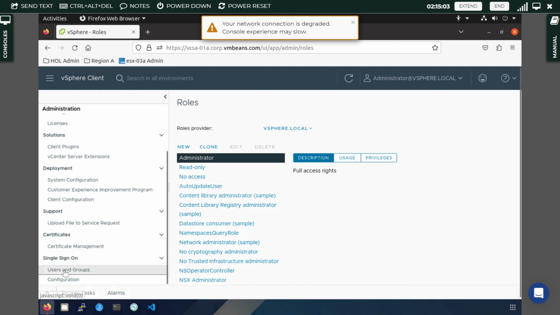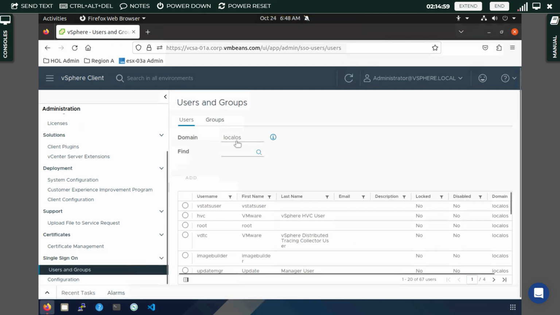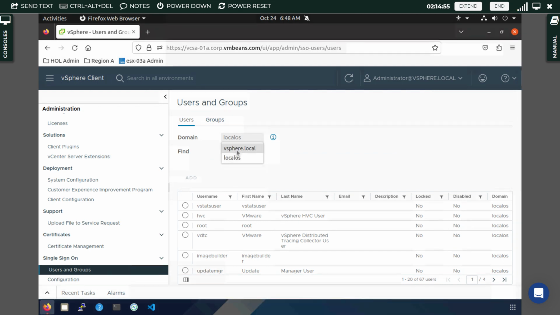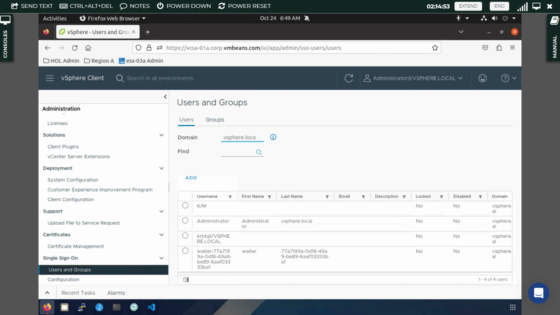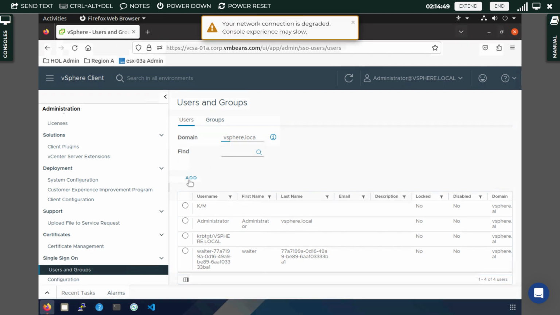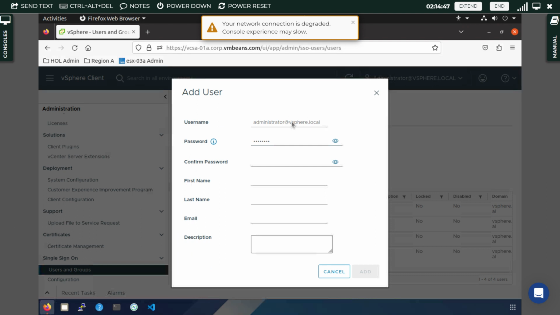So here we are going to create users first. First of all we have to create our user. We need to make sure that we are selecting vSphere.local at this place. So here we can add our new user. Whatever user you want to create, you have to give its name. For example, I'm just taking the name example,